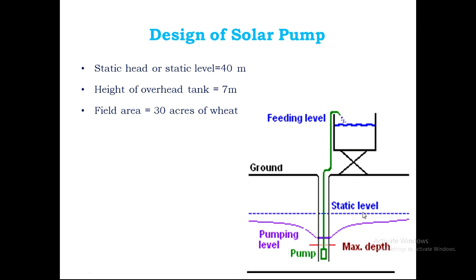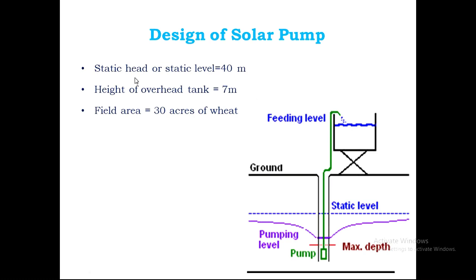This is the maximum water level, and from the top of this water level to the ground is called the static head, and from the ground to your overhead tank it is called the suction head. So you have to add all these heads.